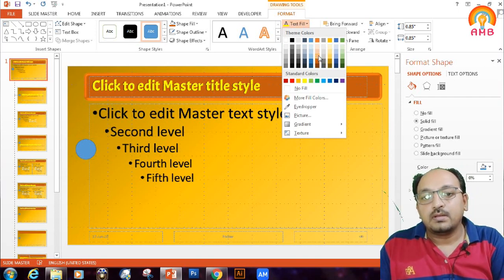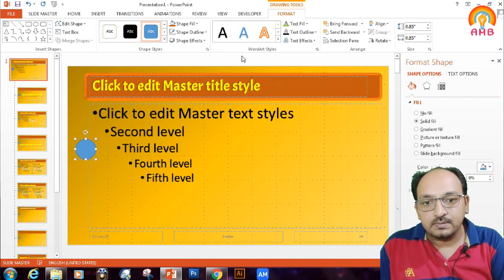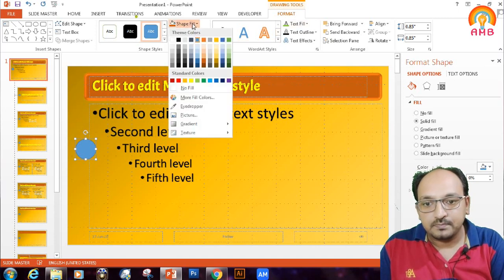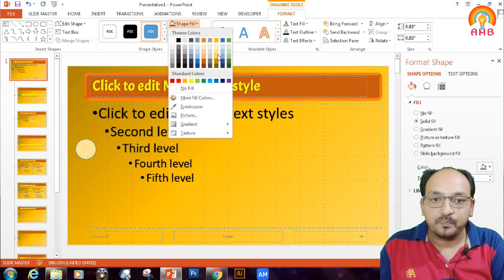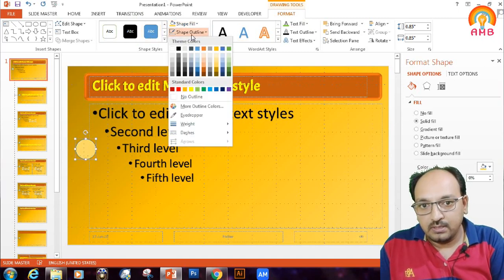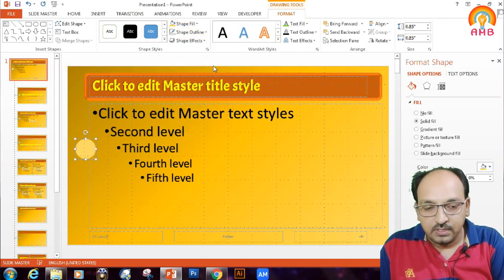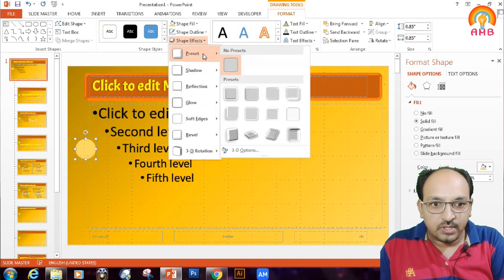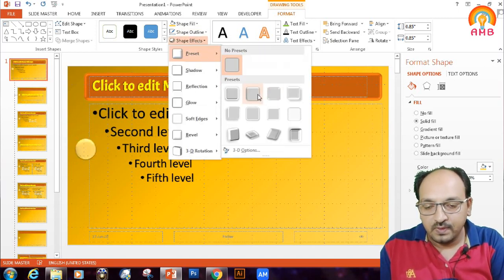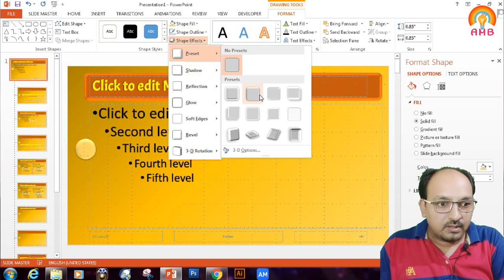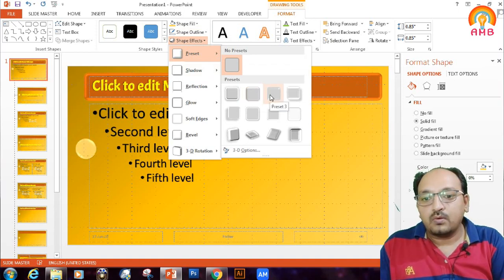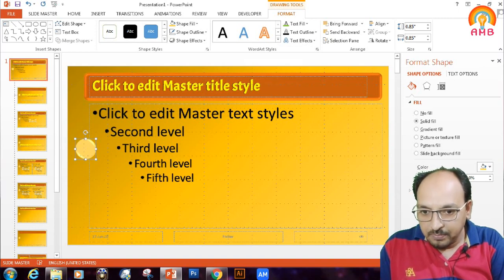Sorry, color is selecting here. No outline, and I am using presets to get shadow effect. Now I am keeping it here